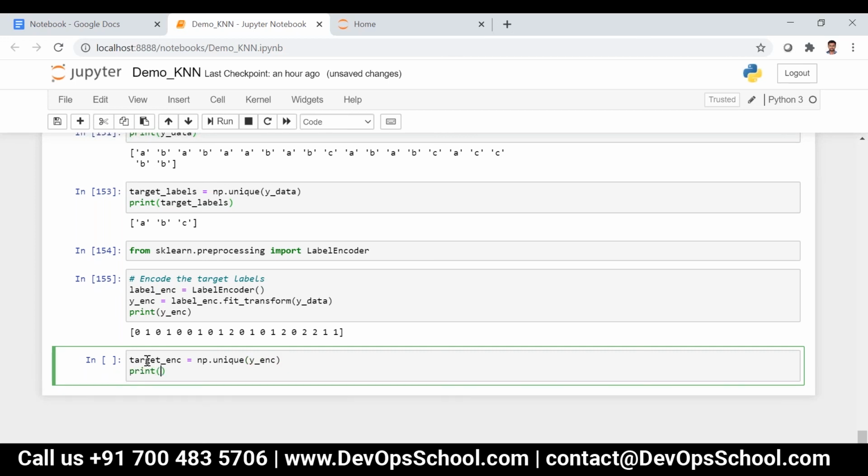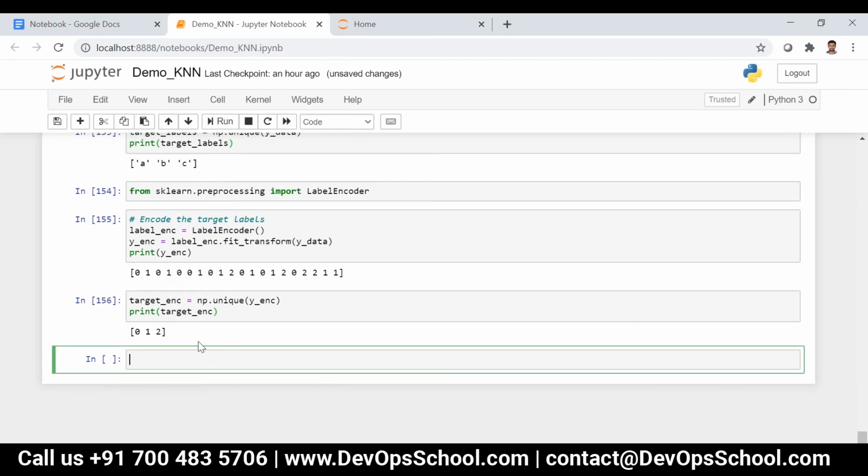Now if I print target_enc, I'll be getting 0, 1, 2.